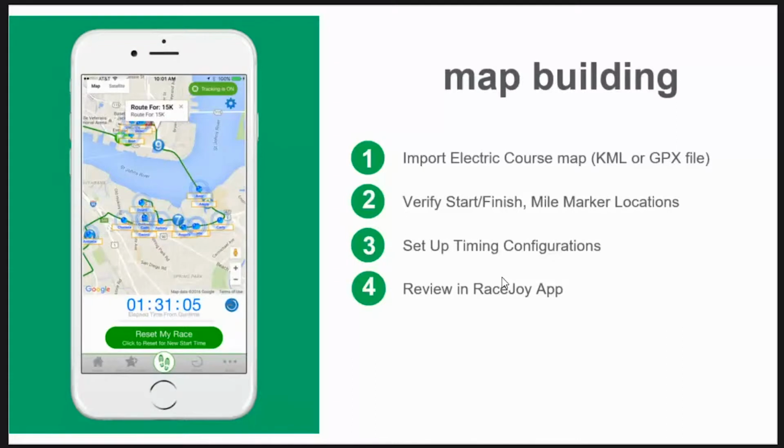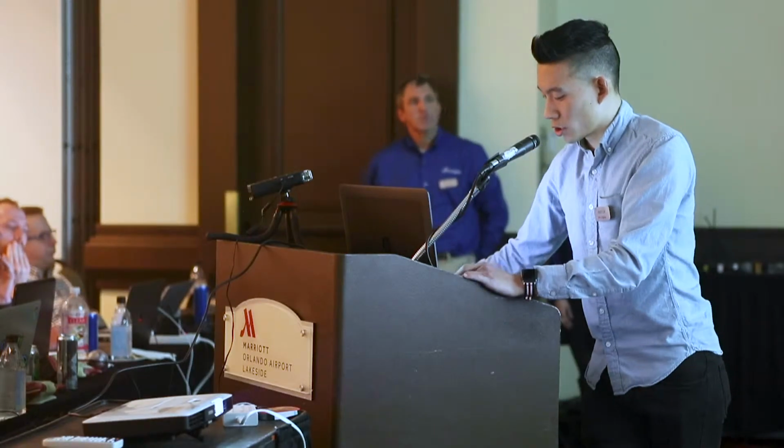But once you import an electronic path into RaceJoy, you can use RaceJoy to edit and maintain your path year by year. So you don't have to import for 2018, change the course for 2019, go back to Map My Run, re-edit it, re-export, and then re-import back into RaceJoy. You don't have to do that. It's all within RaceJoy. So I'm going to go through each step and show you how to